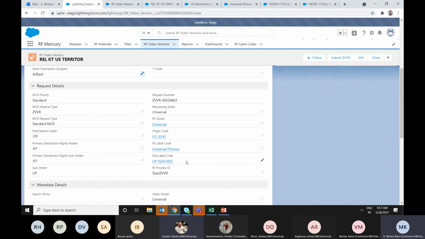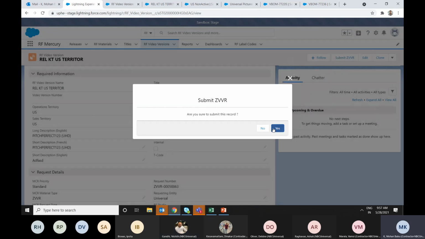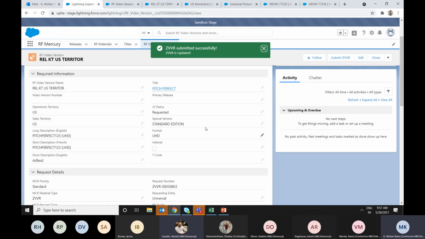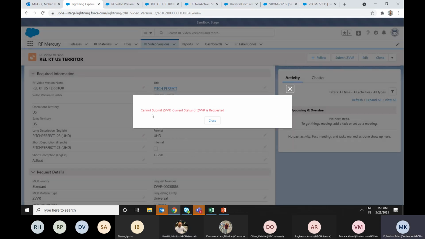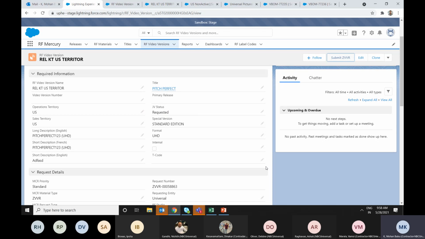Now we can submit. And is this submit full submit or partial submit? Here we have the functionality as full submit. The partial submit is, as of now, implemented only from the release. You mean the release wizard? Not from this, the release page, correct. Okay. Now again I'm submitting. Once it has been submitted, we'll get an error like we cannot submit again because the status is already live, changes pending. Only during the draft status can we submit the records.